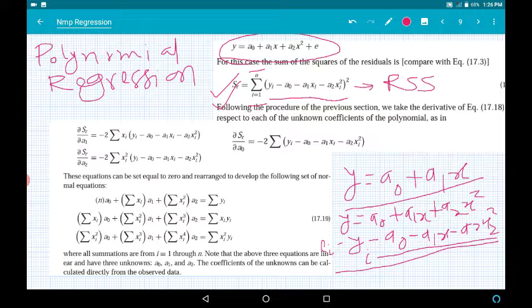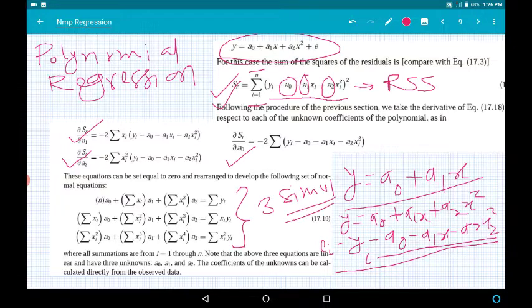So what do we want further in this? Ultimately there are three coefficients, so we need to know a0, a1 and a2. To get them, we will differentiate this SR equation with respect to the three coefficients: del SR by del a0, del SR by del a1 and del SR by del a2. After differentiating, we equate them to 0, and then we get simultaneous equations. Since this is a second order equation, I'll get three simultaneous equations.